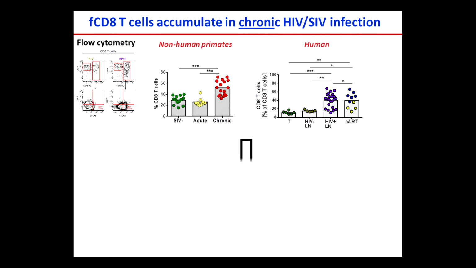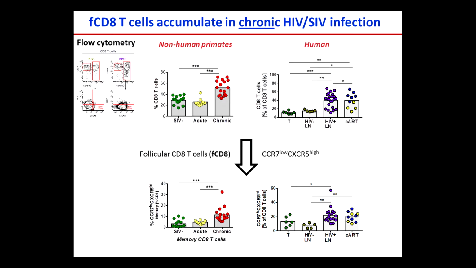What about what we call follicular CD8 T cells that express high levels of CXCR5 and don't express CCR7? What you see is, once again, within SIV-infected monkeys, you have an increase in these follicular CD8 T cells, and the same thing in HIV-infected humans, an increase in follicular CD8 T cells. Now, I call these follicular CD8 T cells just based upon their phenotype, but are they actually in